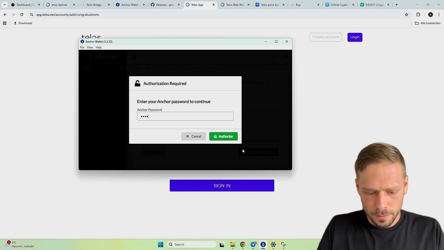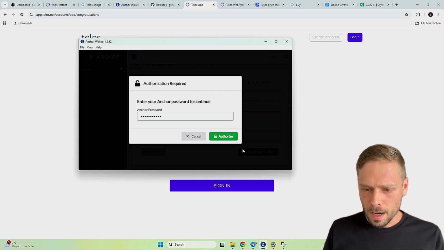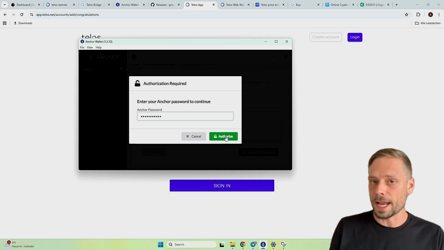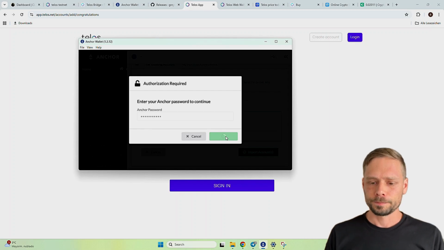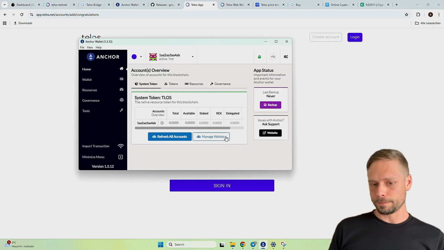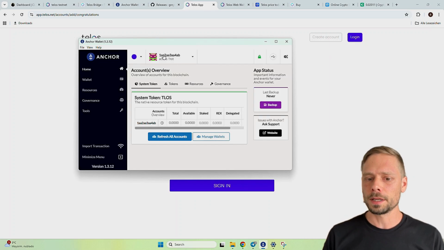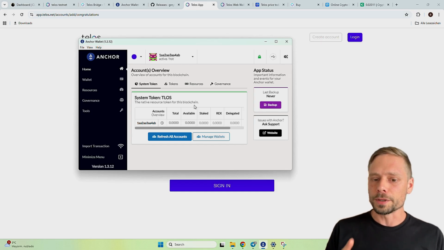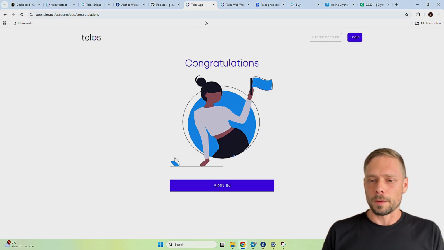Now we need to confirm our wallet password. You create this, you set this password once you open Anchor Wallet for the first time. And that's it. You now have your Telos account imported to Anchor Wallet and can start using it by connecting Anchor to web applications. So I'm going to show this now.